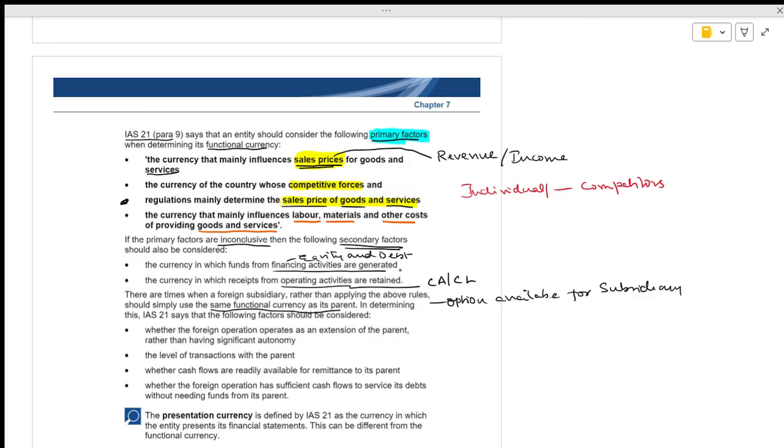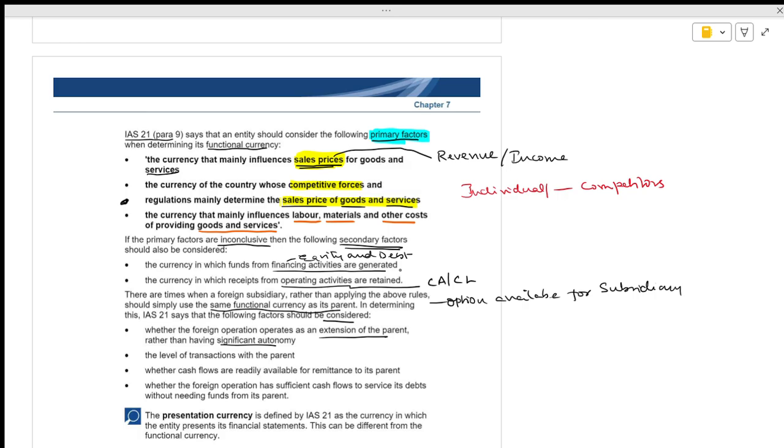IAS 21 says the following factors should be considered. Whether the foreign operation operates as an extension of the parent rather than with a significant degree of autonomy. Means you should know it is an extension. See the things when we are talking. If you take Pepsi, what happened? Pepsi has a different concept of its operations. You have KFC, you have the automobile dealers. Is it right? So everyone has, we should make sure whether it is an extension, a subsidiary,